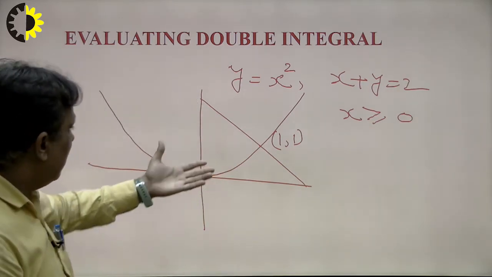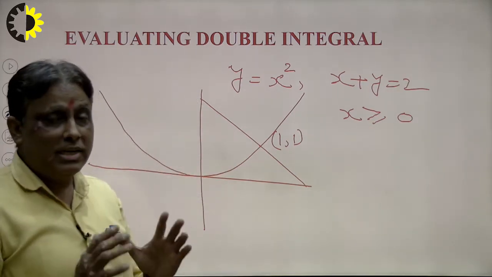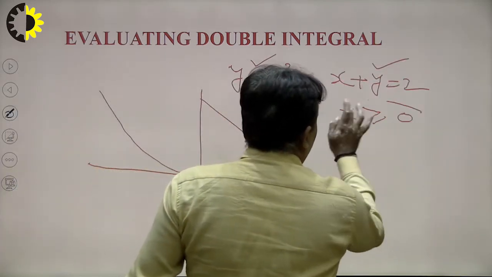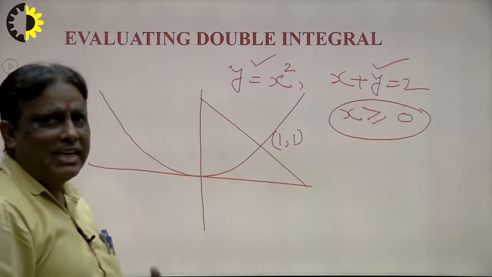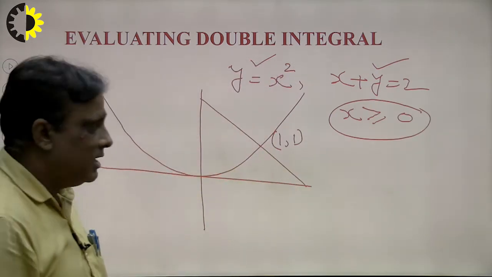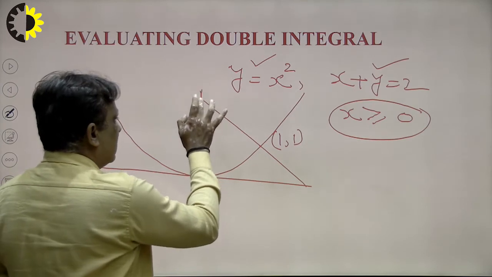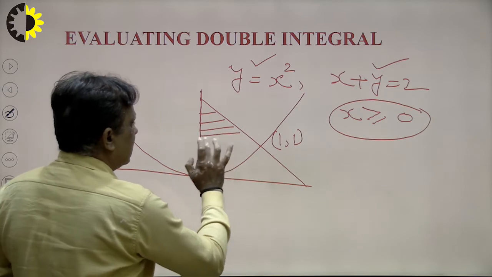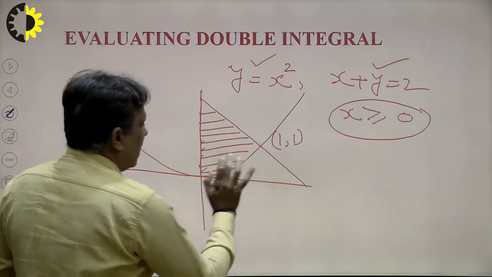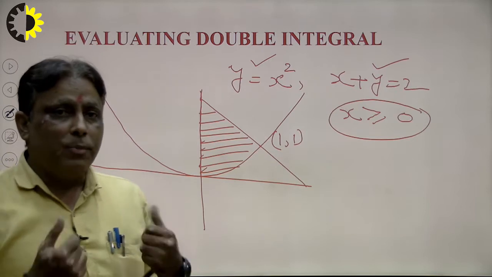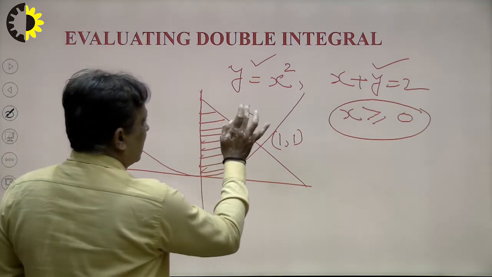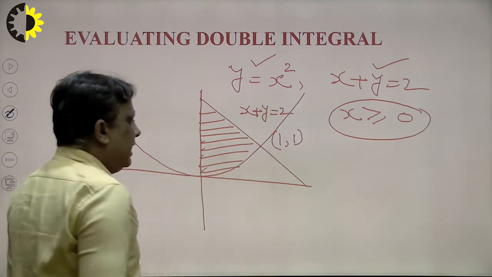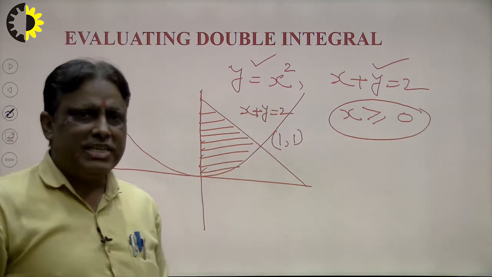Now the question is, which will be the region here? Students, listen very carefully. Now I draw this curve and this curve, but what is the meaning of these terms? x greater than or equal to 0, that means the y-axis, so the y-axis is this axis. Students, study very carefully. There are two possibilities. Suppose any student wants to take the limit of x plus y equal to 2. Any student can say, sir, first we take the limit of y.